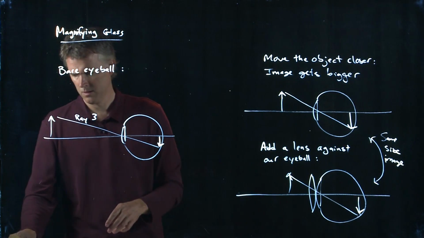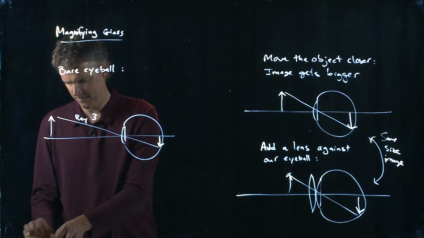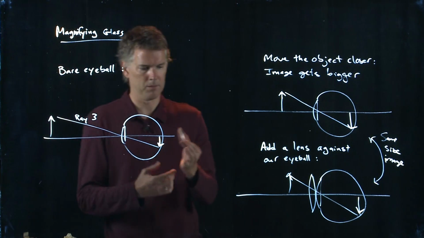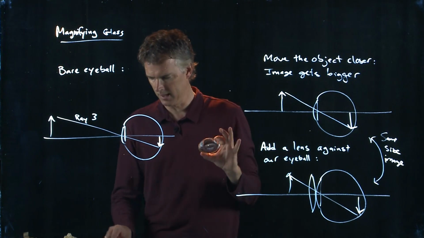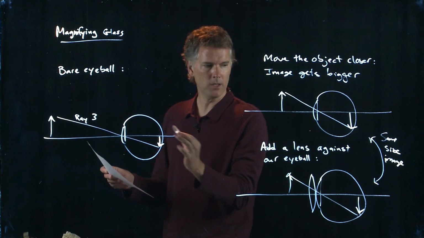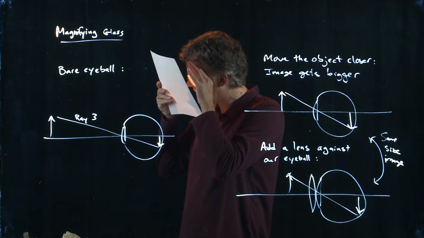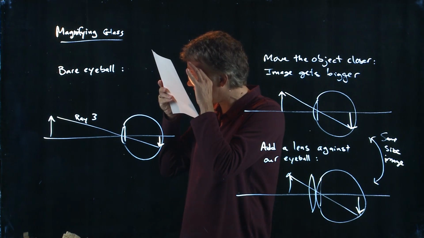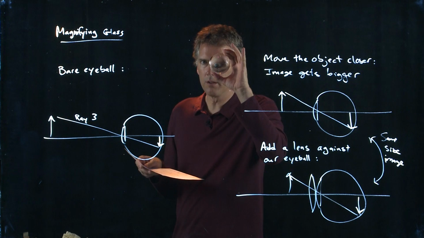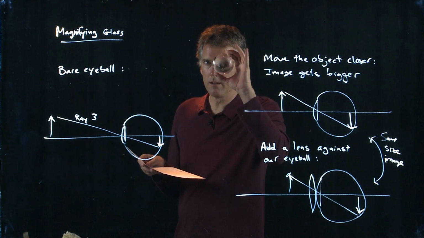Okay, here's my big lens. Okay, this is a particularly powerful lens. And now if I want to look at something, the way I do it is I put the lens right up against my eyeball, and then I can bring the text in and I can see this far away. Okay, that's very close. Can you guys see my eyeball?